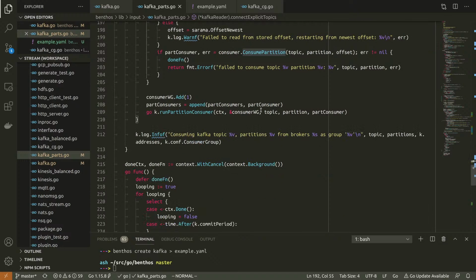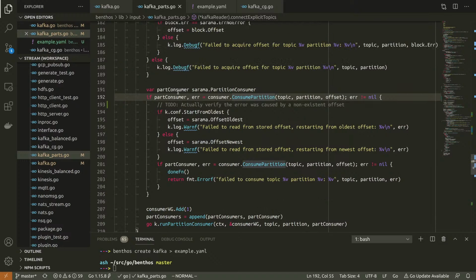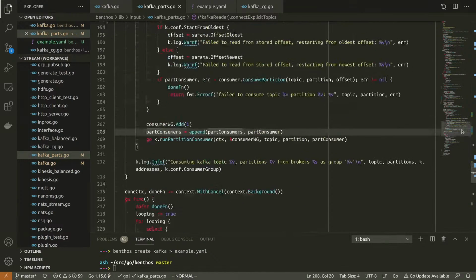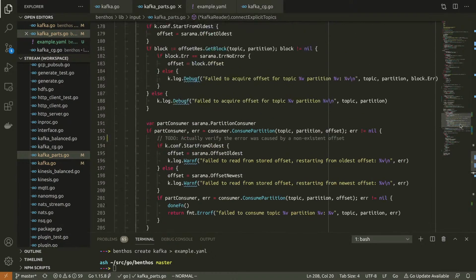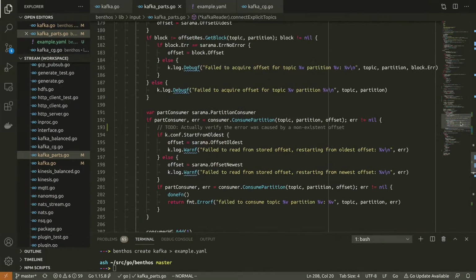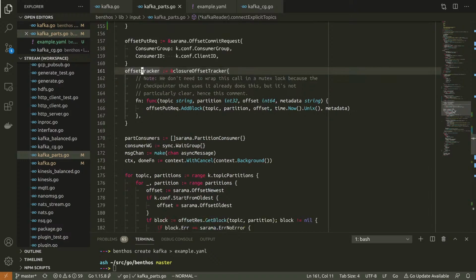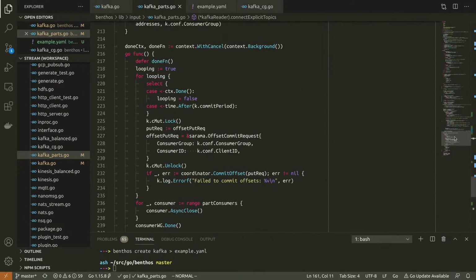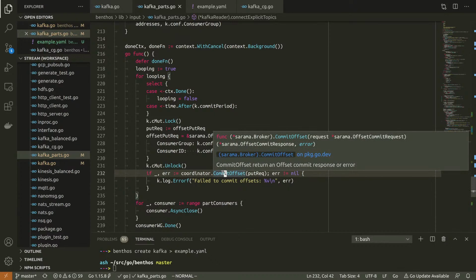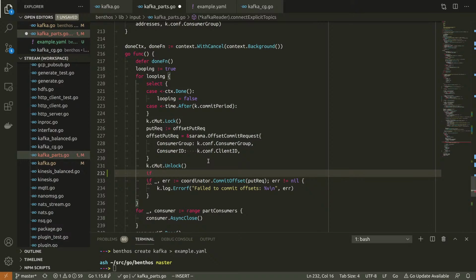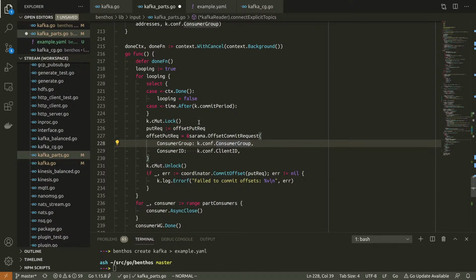But yeah, whatever. So once we've established it, then we kick off this whole thing where I keep track of a bunch of different arbitrary partition consumers. So up until now, I think we're pretty much okay. The thing that's still got to be dealt with is storing offsets as they get updated. Now we kick off the offset commit here. So I can just wrap this in a... Actually, is there any point in this loop at all?